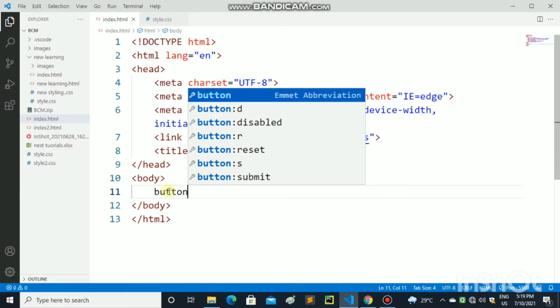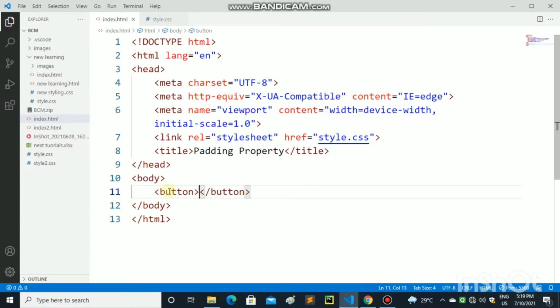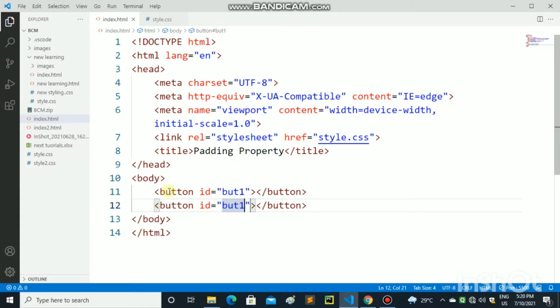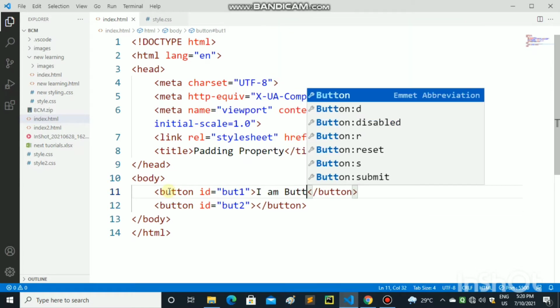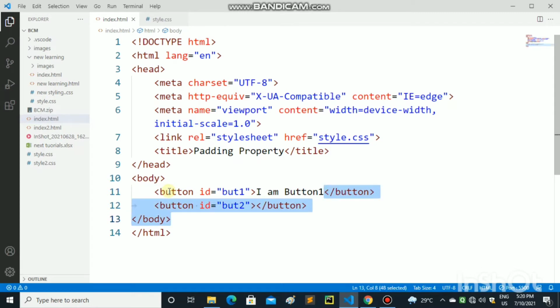So friends, first of all I will take a button tag in the document, and in it I will give an id attribute, and in the id attribute I will write button1, and I will paste the same thing below it. In the first button I will write I am button 1, and in the second button I will write I am button 2.